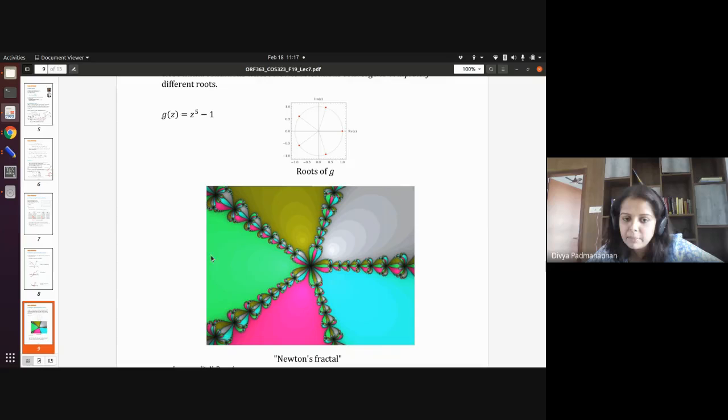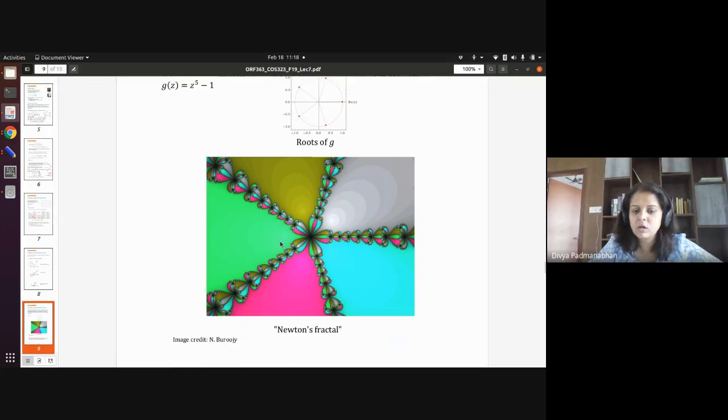Whereas if you start anywhere in this green region, for all x naughts in this green region, you will reach the same point, and so on. You can see that there are these minute areas as well. If you change the starting point by a very small amount, the point that you converge to can be very different. That is the kind of thing that happens sometimes in Newton's method. It's very sensitive to the initial point, and you have to be careful in choosing it. Sometimes, having some prior knowledge about the function that you're trying to optimize helps to choose the initial point.